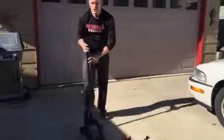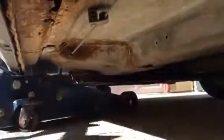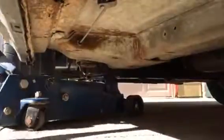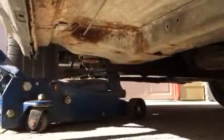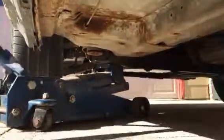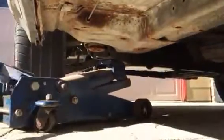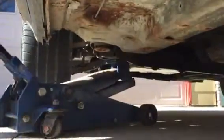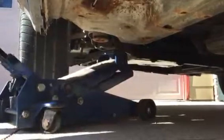Next step is you're going to take your hydraulic jack underneath. You're going to jack up your A-frame. Looks like this in the shape of an A. You line your jack up underneath it, and you're going to jack up. Jack until your wheel is off the ground enough, and then you're going to grab one of your jack stands